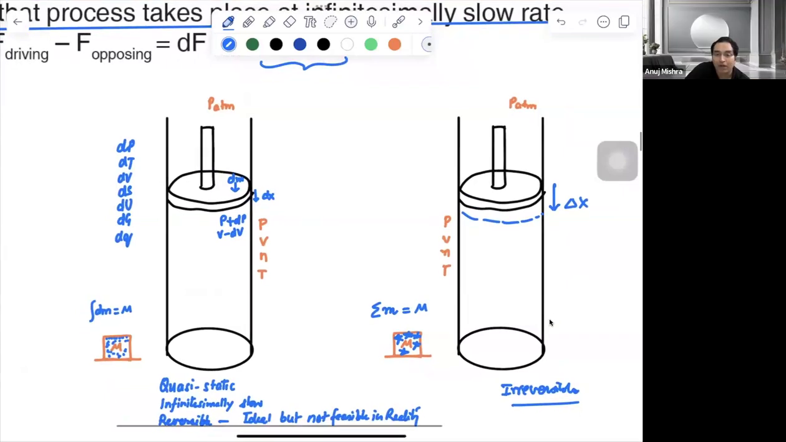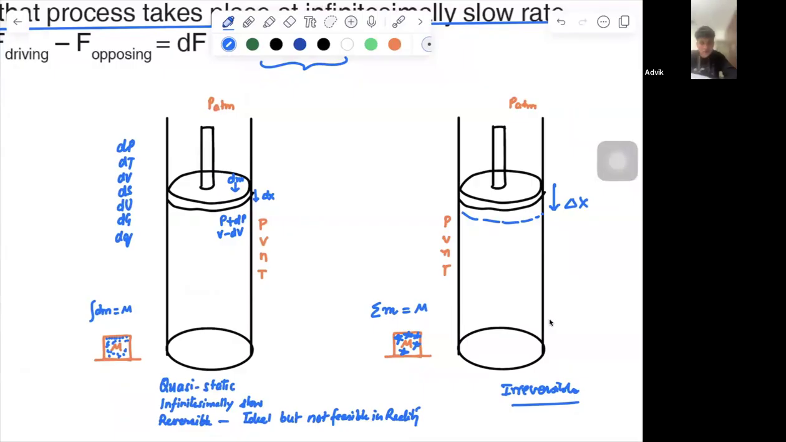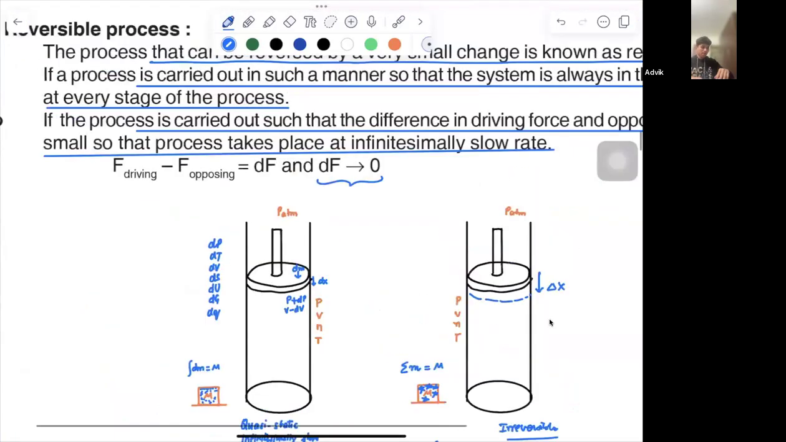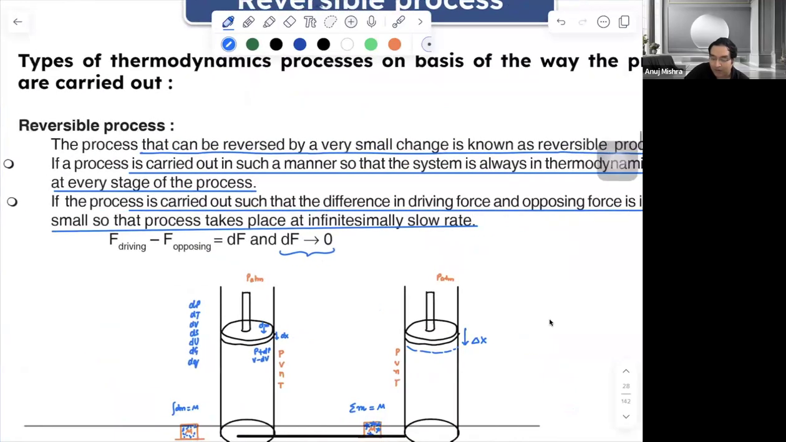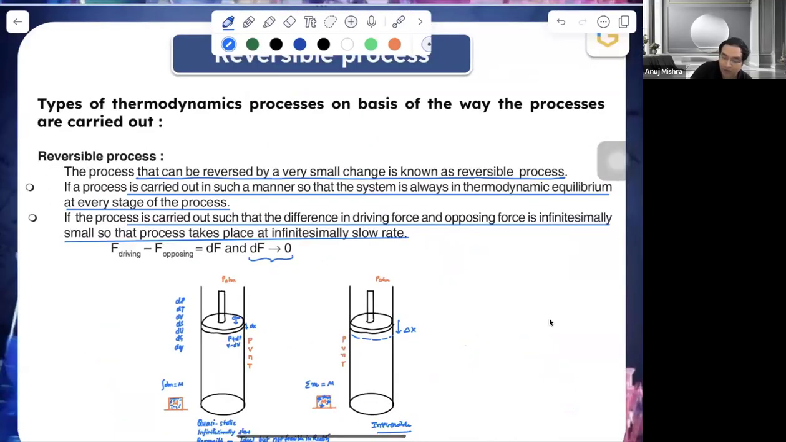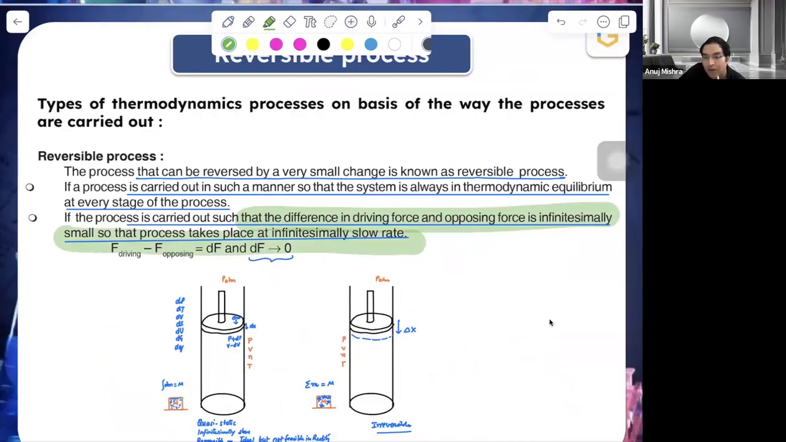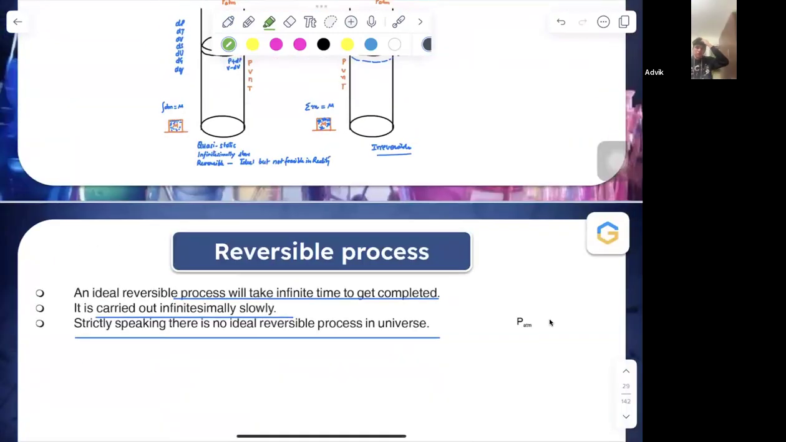All the values will be dp, dt, dv, ds, du, dg, and dq. Okay. All these terms will be with a differential term. Okay, Advik? And on the other side, if it is irreversible, there will be sudden changes. So the key difference is the process is carried out in such a way that the difference in driving force and opposing forces is infinitesimally small, so that the process takes place at an infinitesimally slow rate. That's reversible. Irreversible is when the difference is more. Okay, ठीक है, चलिए। अब आगे बढ़ जाए।